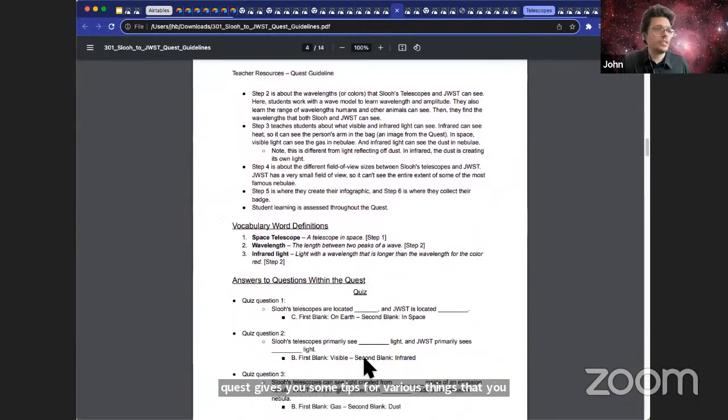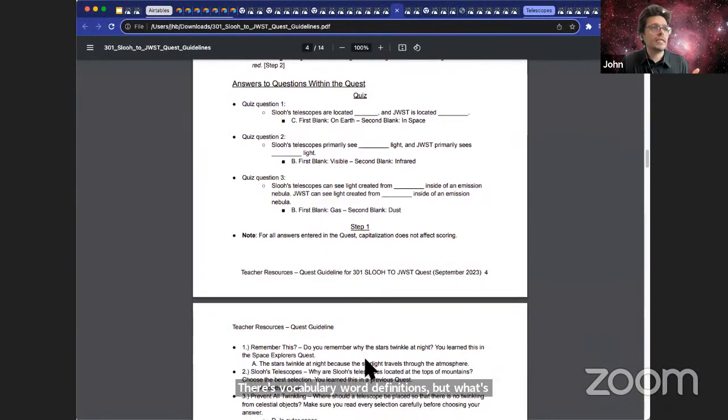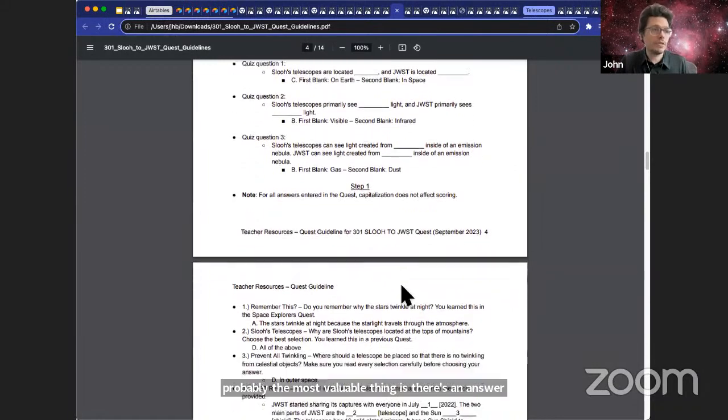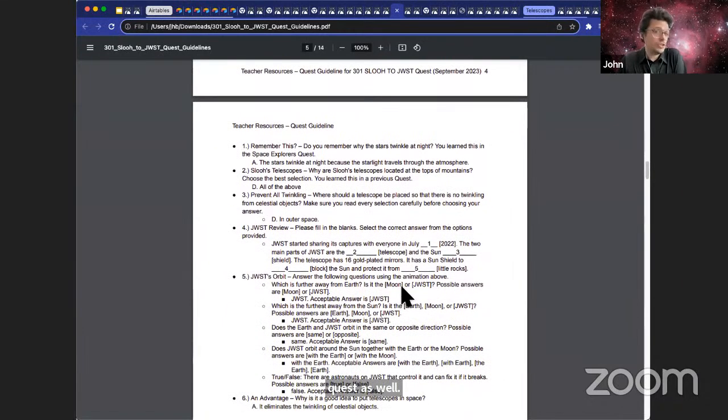There's vocabulary word definitions, but what's really probably the most valuable thing is there's an answer key to the quiz and the questions that are within the quest as well. Even the free response questions have given you an example of what your students should be answering for those particular